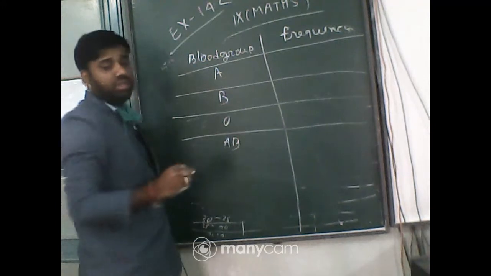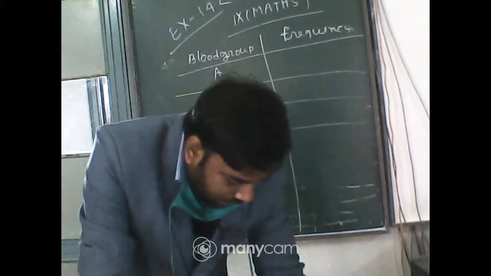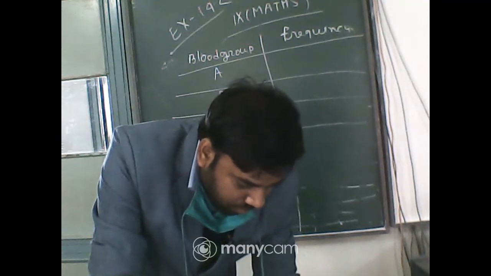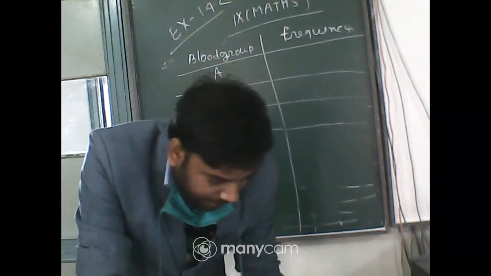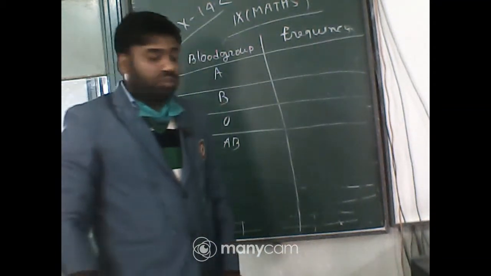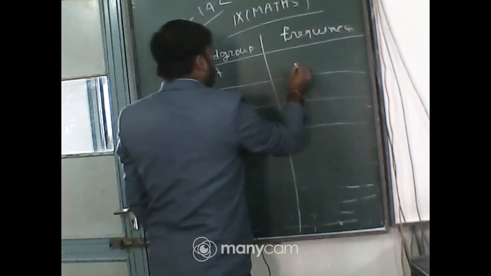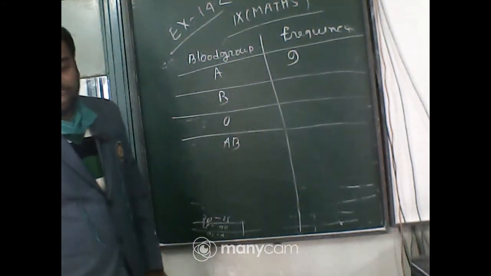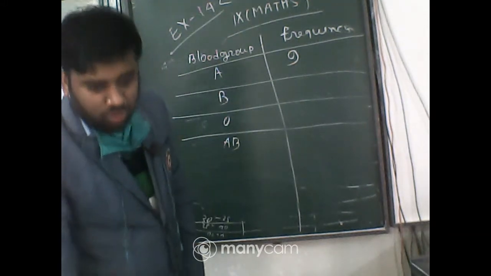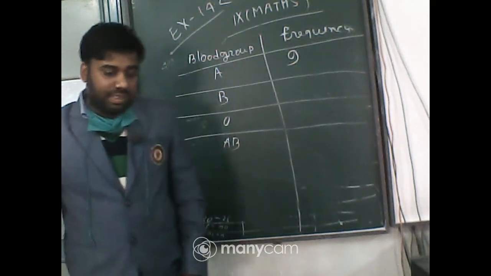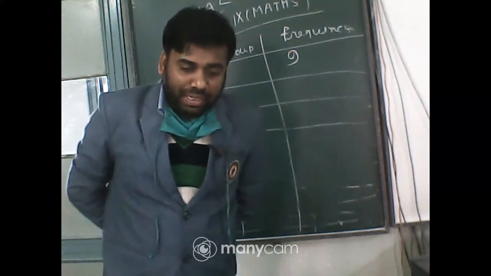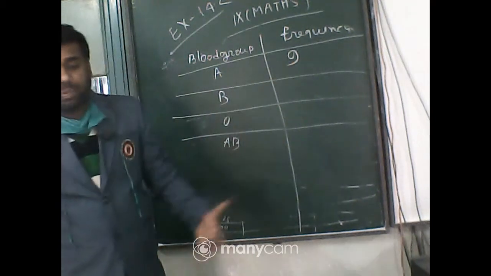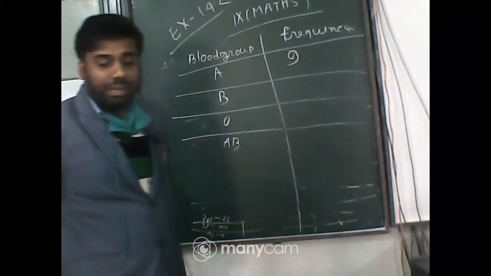Okay, just go to the page of your book. How many students have blood group A? Tell me quickly. Just count it, and you will get 9. Okay, 9 students have blood group A. There is no need for tally marks, as it is not asked. Frequency distribution means the number of occurrences of blood group A, B, O and AB, and you have to represent that.